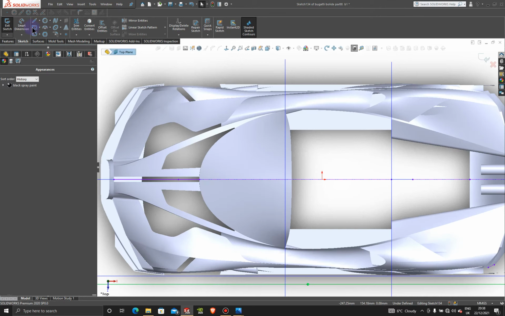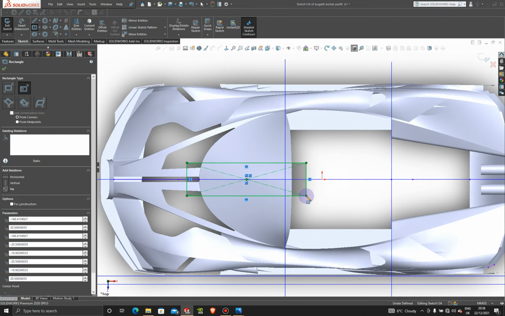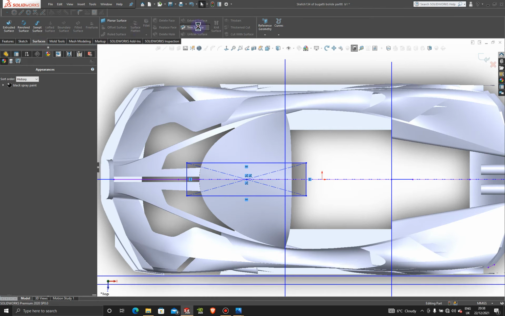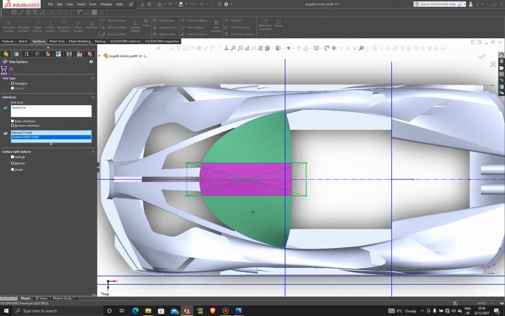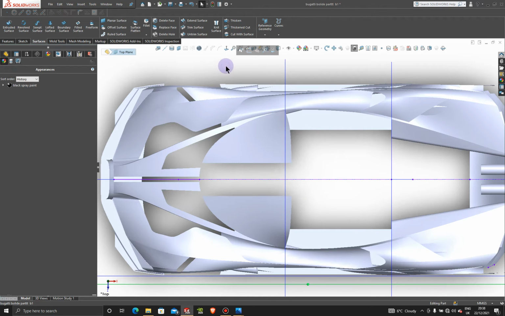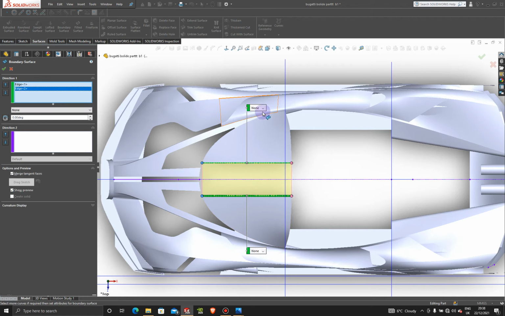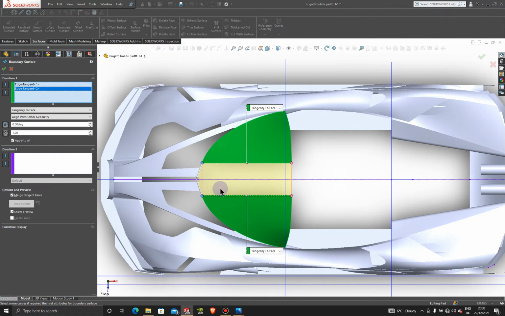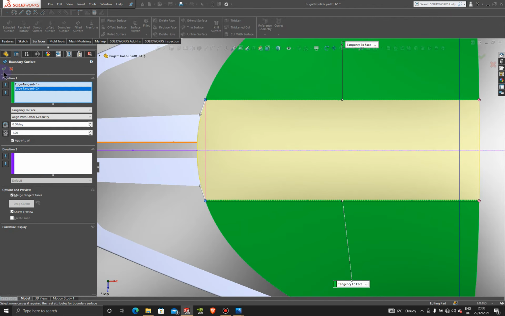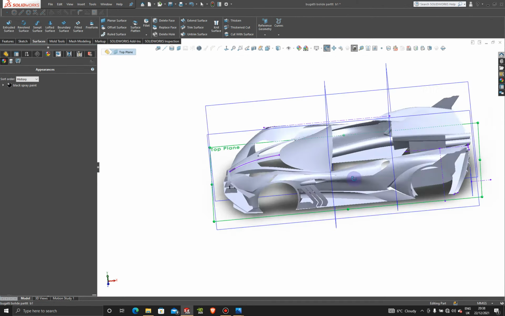And then let's go and grab a center rectangle and pull it out about this much. Right, exit this sketch. Let's go to surfaces and trim surface, and let's trim out these intersections here. Okay, let's go to boundary surface and select these edges here, and let's add tangency to face on this one and tangency to face on this one, and that will contact almost on that one. So now if you look at our windshield,